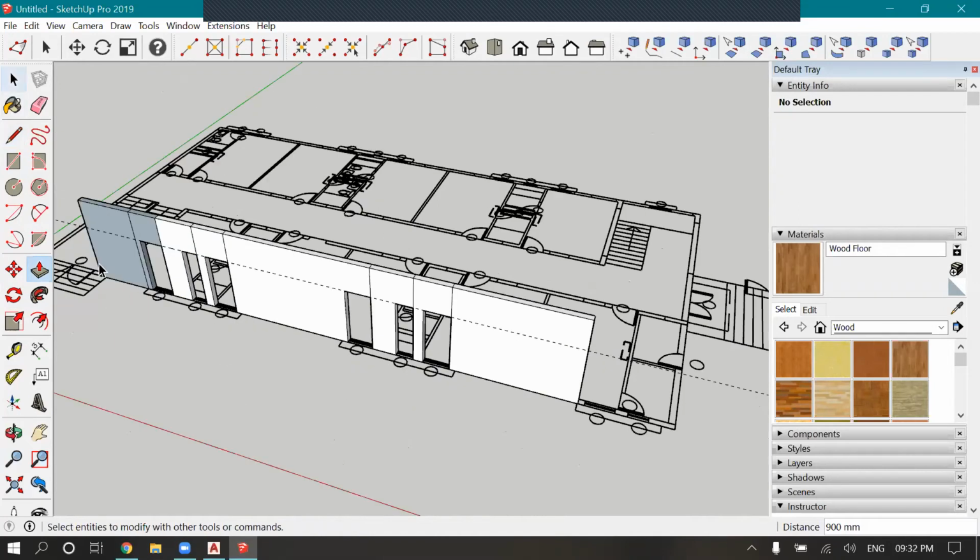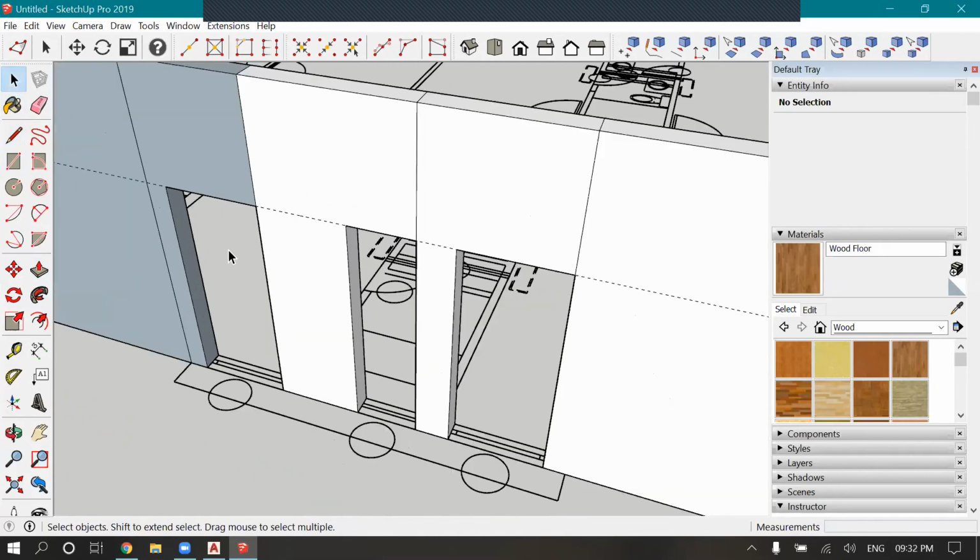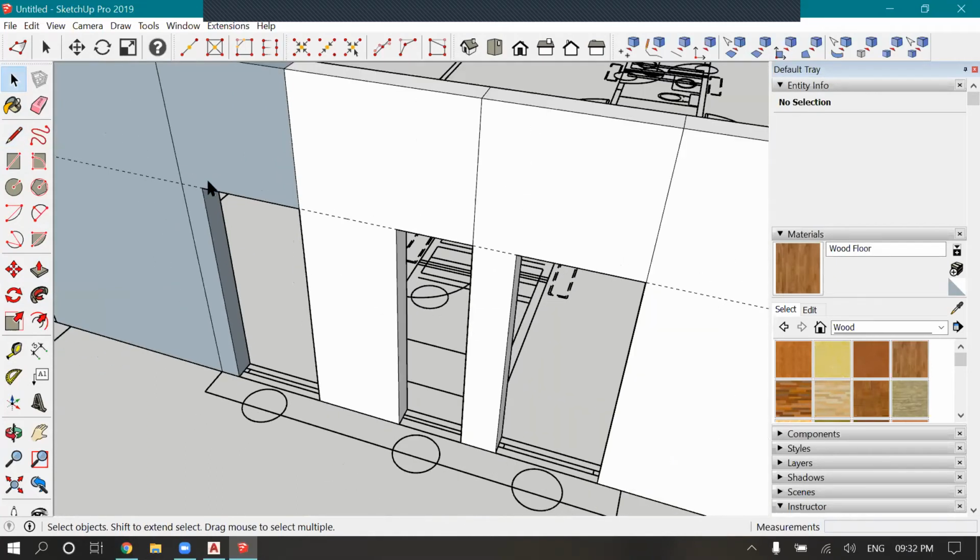Make this space. And now we have to make the bottom part. So